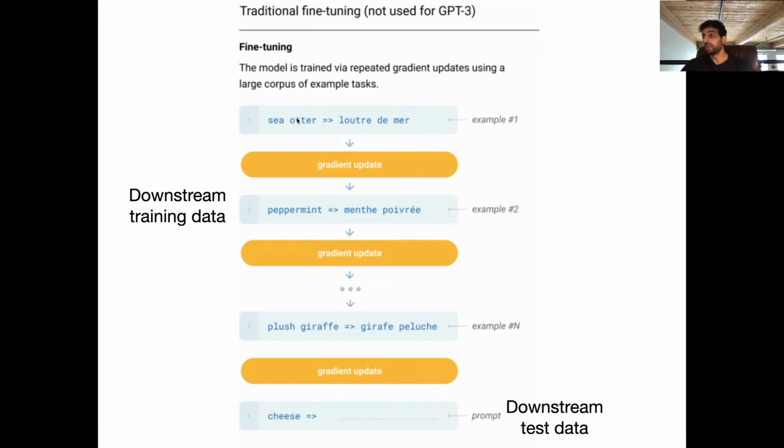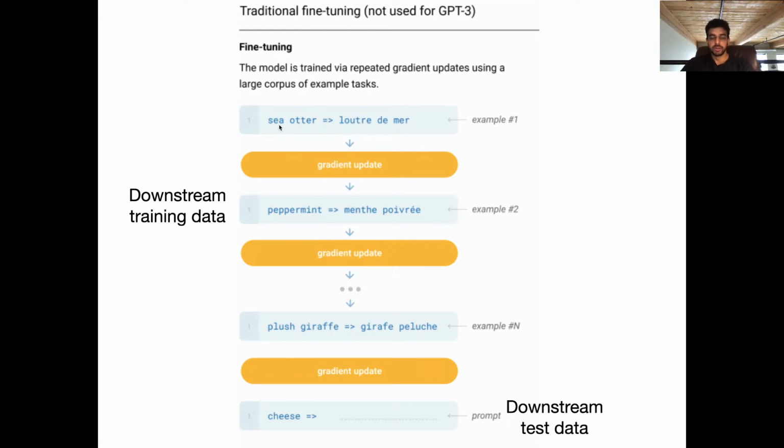And again, during fine-tuning in a left-to-right language model, we're just concatenating these sequences together. The model is still just predicting the next word. And so the idea is that at test time, if I wanted to perform translation, I would just give the model the prefix "sea otter" and this arrow token, and then I would decode from the model by sampling from it or taking the argmax or whatever, and it would produce ideally the translated version of this source language